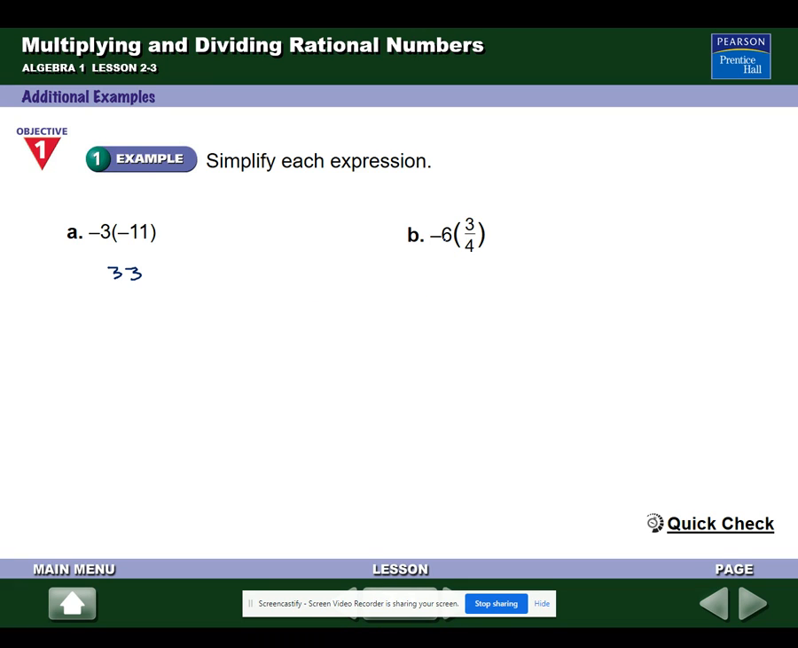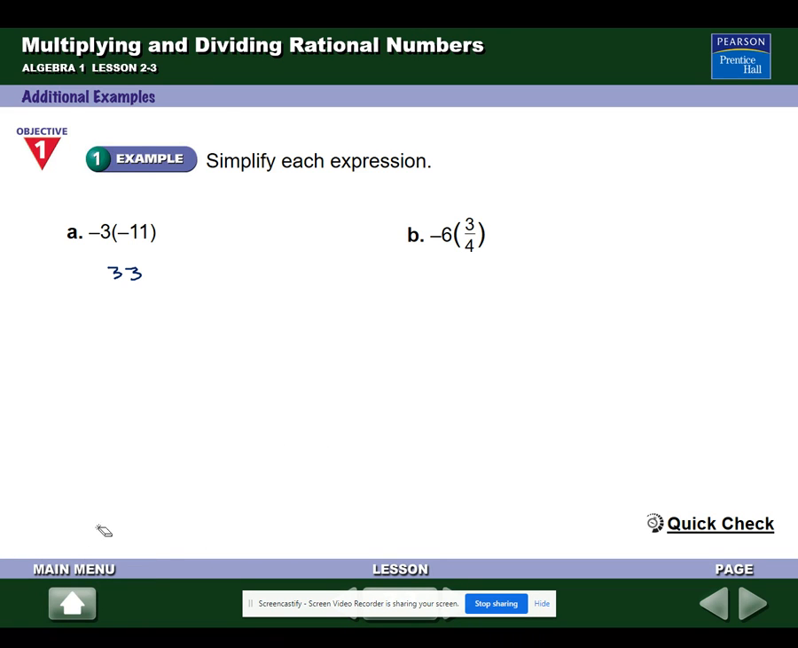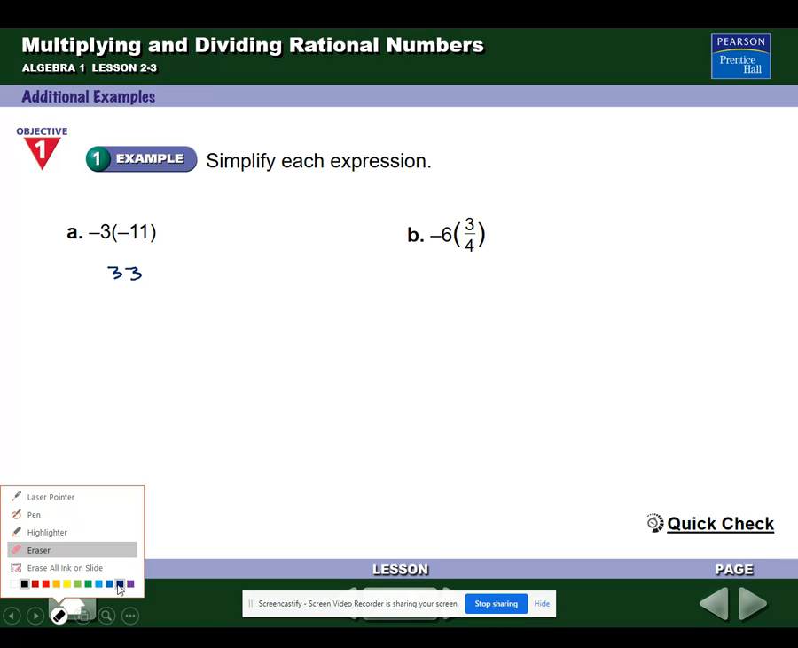Looking at this one, this is negative 6 times 3/4. In both of these examples, the multiplication is being modeled by parentheses. You should know that. That's just a common way that we do things in Algebra 1. Sometimes we use the times dot. I believe I talked in a previous video about not using the times symbol anymore. Times dot is appropriate, but often it's just a number in front of or behind parentheses, and we need to